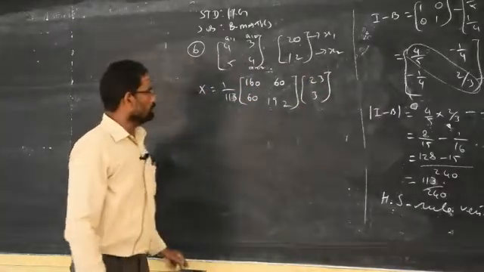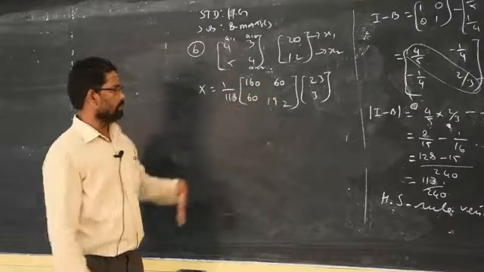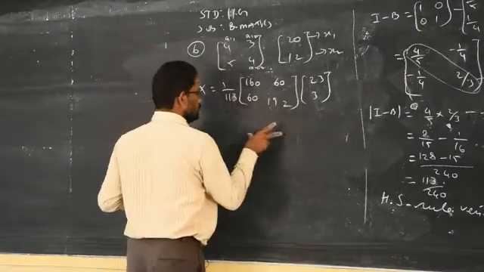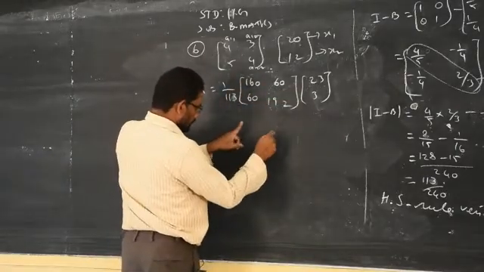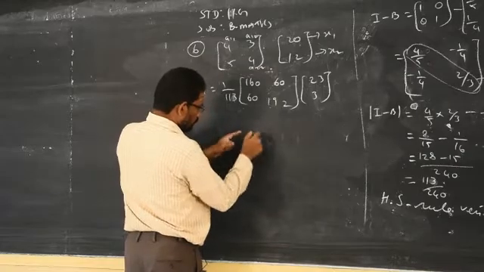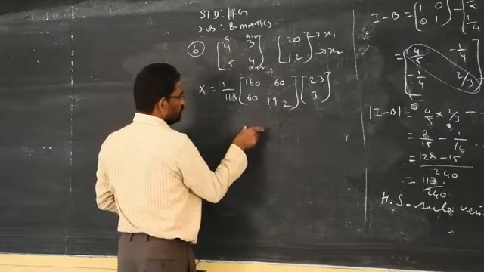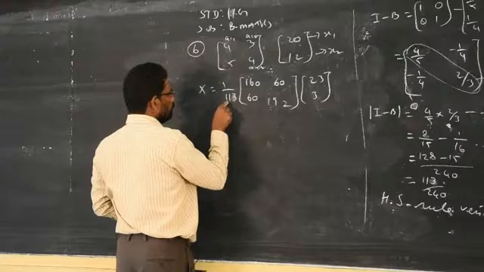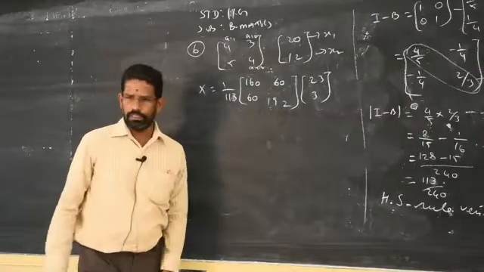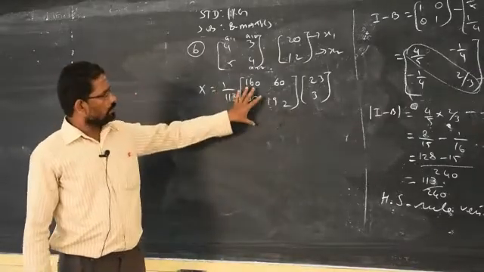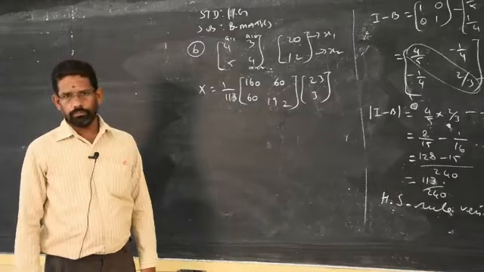Now it will be very easy for you to follow the previous method. First you have to multiply these two matrices. You will get two answers, that is one column, two rows. Each element is divided by 113, and you will get the result. Clear? You have to complete this at home.